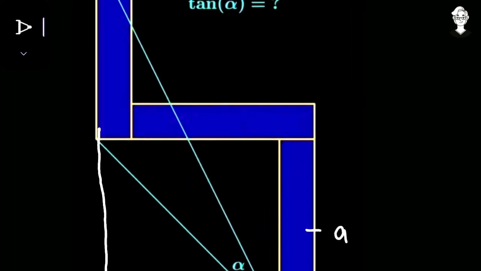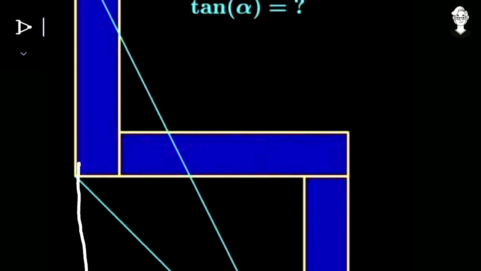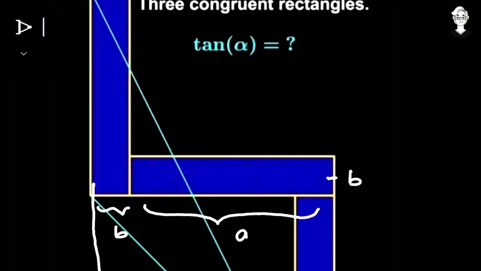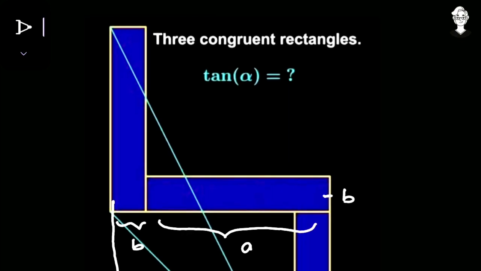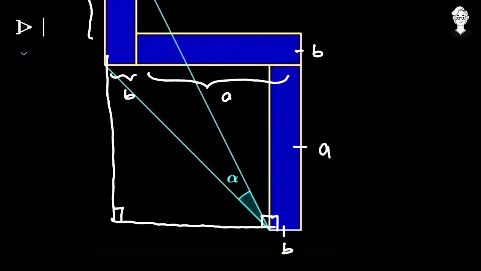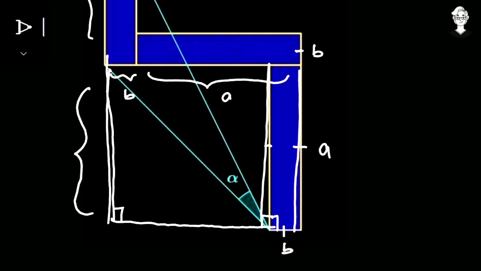So the second thing I can observe is that in this rectangle also, this is my base, and this complete length, from here to here, is going to be a. Yes, and this much is going to be b, the base of this rectangle, and its side is also going to be a. And now look at the quadrilateral which we have just formed. If this is a, this is a, so this is also going to be a, because these are all